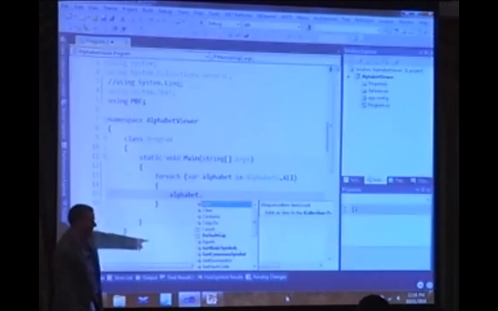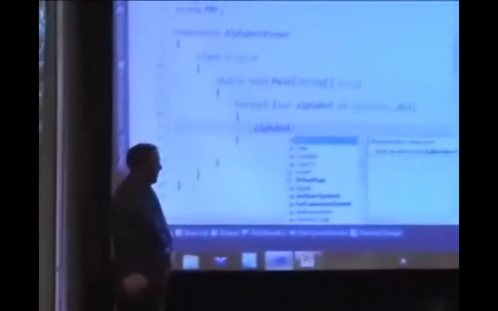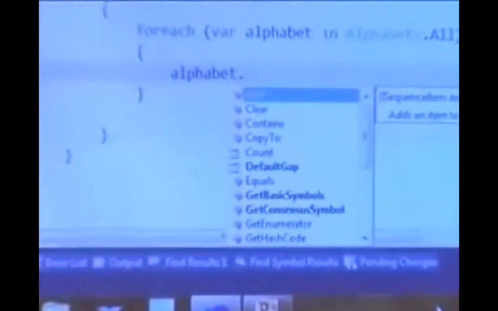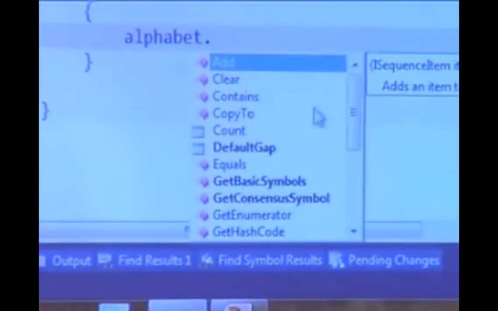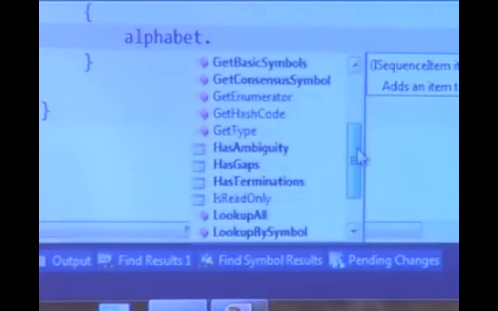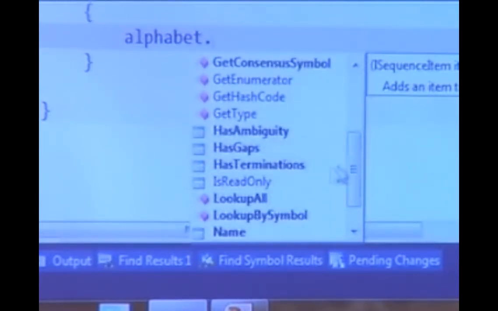So notice on a single alphabet, we have a whole bunch of properties that are available here, and there's some methods as well. There's things like a default gap. What's the default gap character that gets used for this alphabet style? Okay, there is obviously a count because it's a list of items that comes out of this. There is a has ambiguity. Does this particular alphabet express ambiguous symbols? So where I might have a particular symbol that's in place that really could be interpreted as one of many other types of symbols. Whether this alphabet supports gaps or terminating characters.